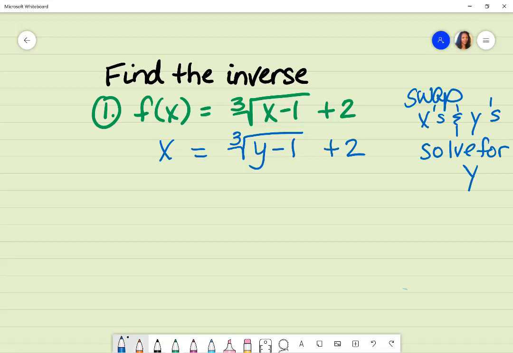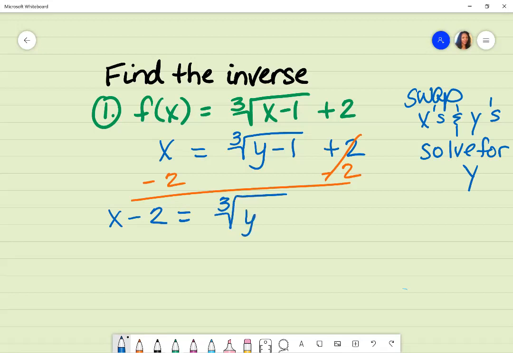Now I'm going to undo things. So I'm going to subtract 2, subtract 2. That gets rid of that. I'm left with x minus 2 is equal to the cube root of y minus 1. To get rid of the cube root, I do the inverse, which is to cube. What I do to one side, I do to the other. That gets rid of that, and I am left with the quantity of x minus 2 cubed is equal to